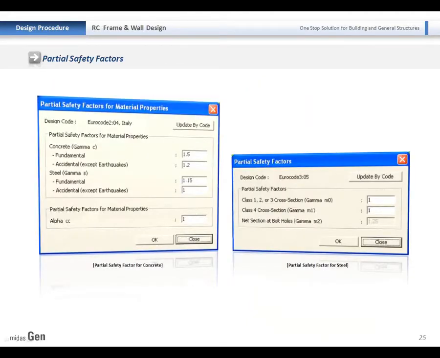Also for the Eurocode, we need to consider the partial safety factor, which will be used for the design strength of the concrete and steel. This value would be different for each different national annex, so you can directly enter these values as well. Default values are entered based on the selected national annex.